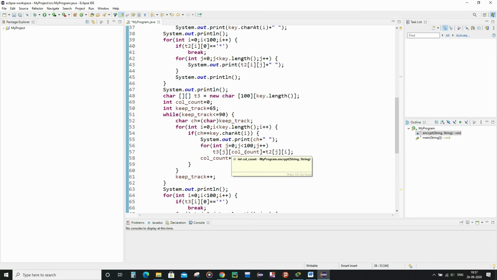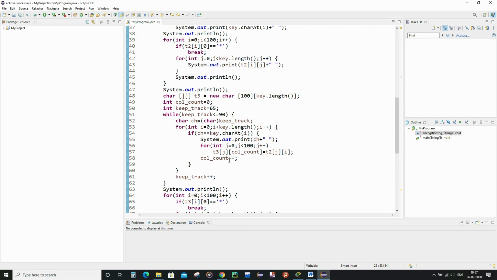I am fully sure that you all might have seen my introductory video on the ADFGVX cipher. In that, the second table we are basically going to form in an alphabetical manner according to the letters of the key string variable. In that video I have taken the key as German. So in German, the first alphabetical character which comes first in the alphabet is A, and after that we have E, G and so on.